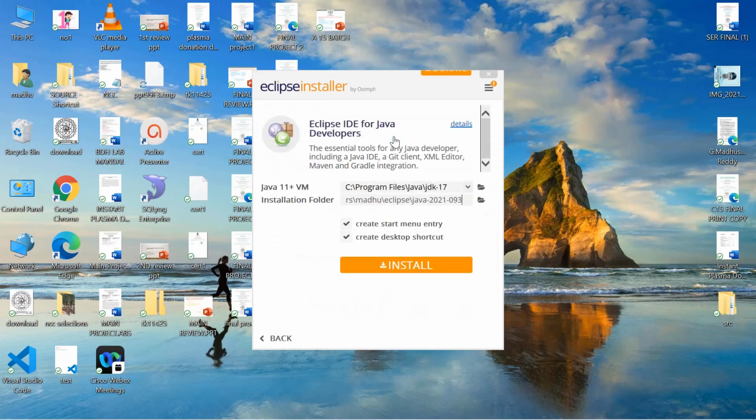Click on that one. Here it is showing the installation. This is Java 11. This is the path where we can store the location. This is the installation folder where Eclipse is stored. Keep the default and click on install.